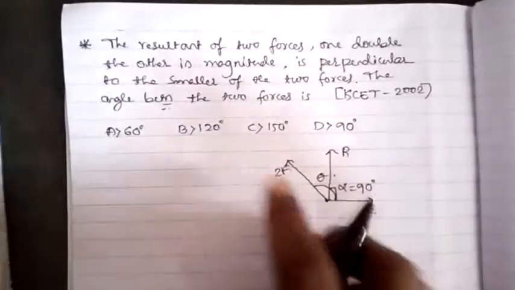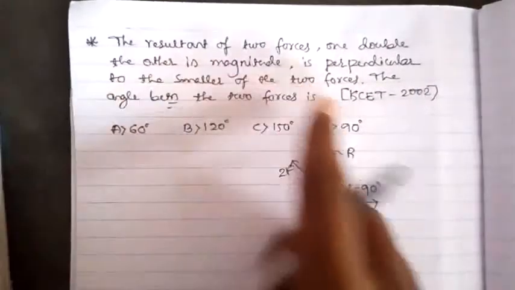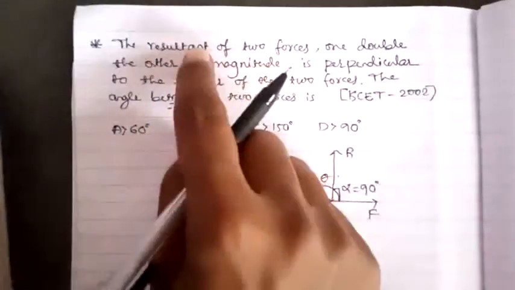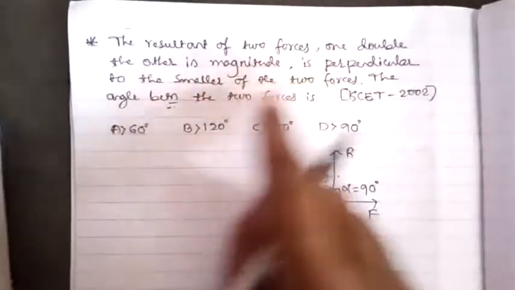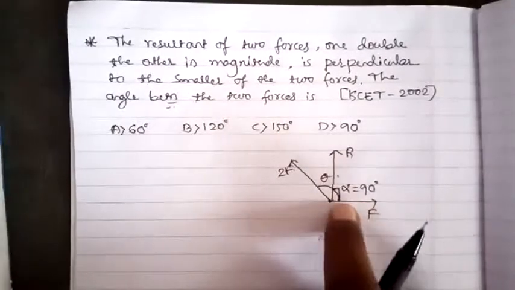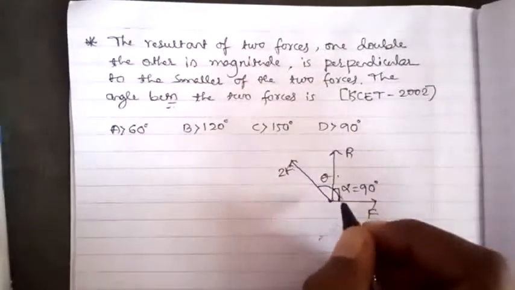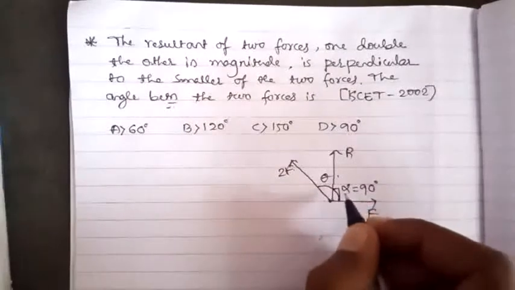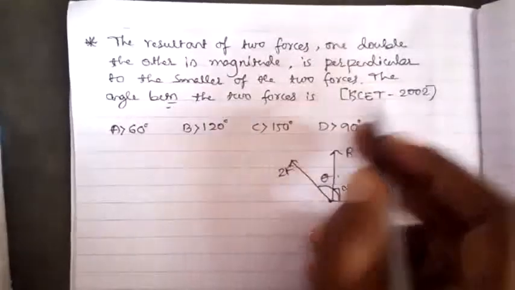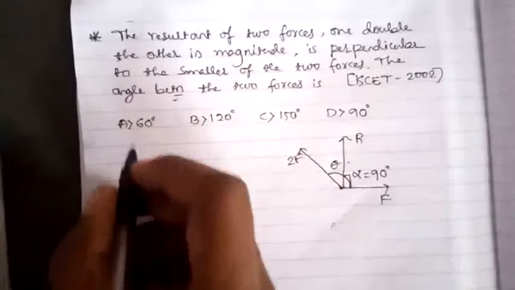Okay, once again listen here. The resultant of two forces, one double the other in magnitude. One is F, another one is 2F. Then the resultant of the two forces must be perpendicular to the smaller of the two forces. Which is the smaller of the two forces? F is the smaller. Then what is the direction of the resultant of these two forces? That is 90 degrees, so alpha is taken as 90 degrees. Then our aim is to find the angle between these two forces, F and 2F. Solution,